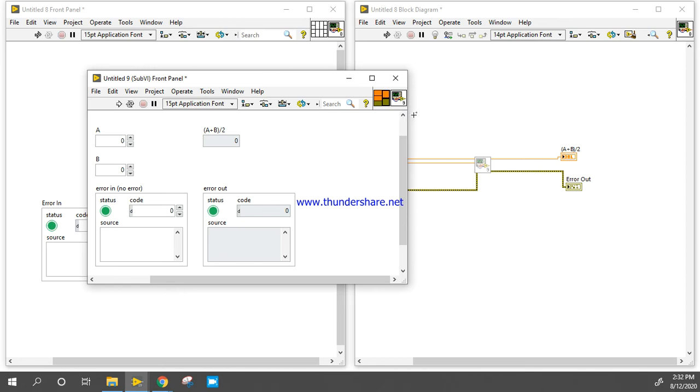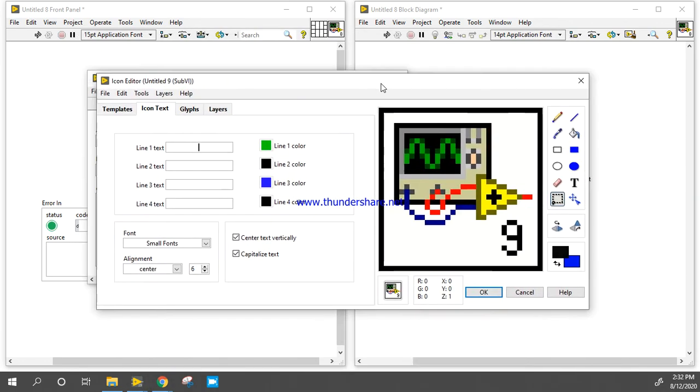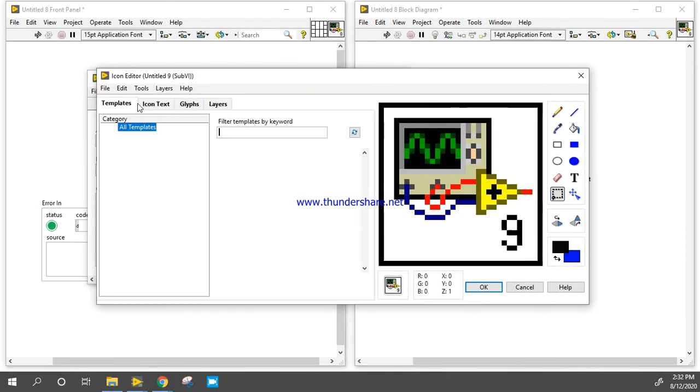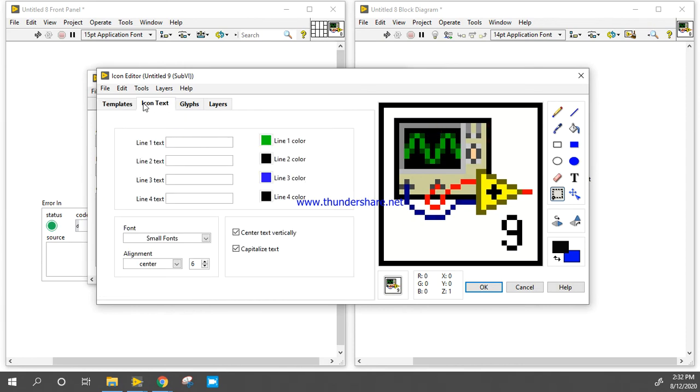Right click on the icon, edit icon, okay, template icon, no need to write anything. Just come into the icon text, select all and delete.